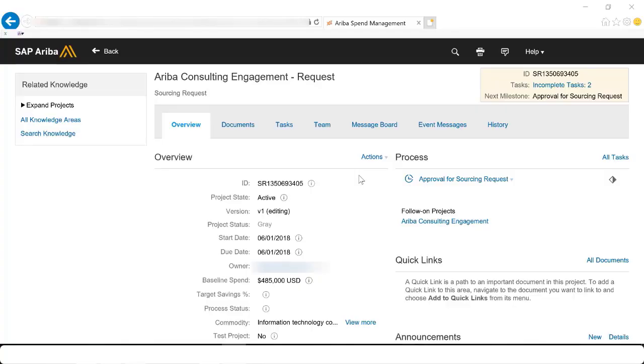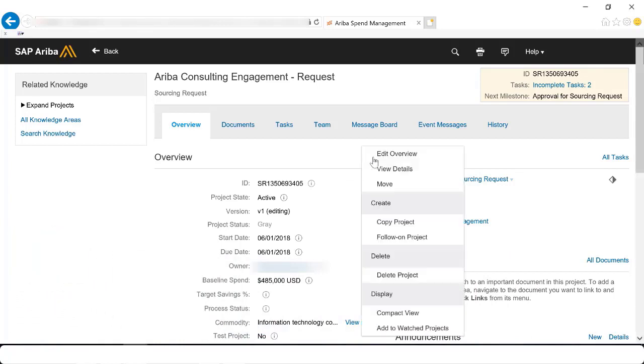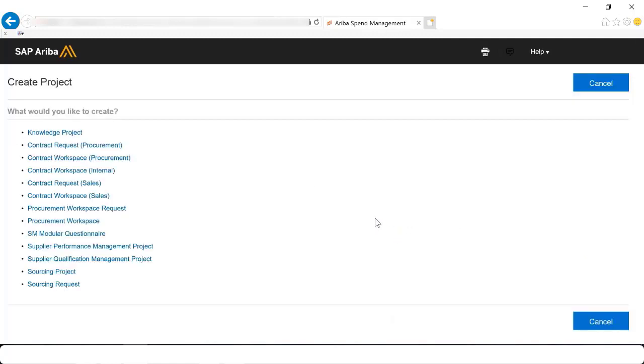In order to create a follow-on project, you simply need to have creator access for the module that you want to create in. So for example, if I wanted to create a follow-on project into a sourcing workspace, I would need sourcing creation rights. Same with the contracts module. Once you have the appropriate access, when you click actions here, you will notice that there is an option that says create follow-on project. Once I click on this link, it then asks me what type of follow-on project do